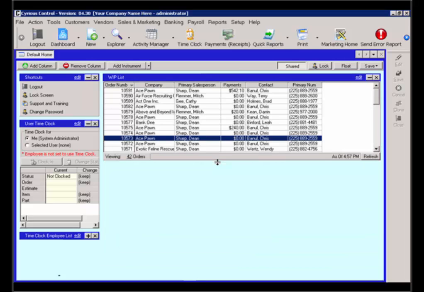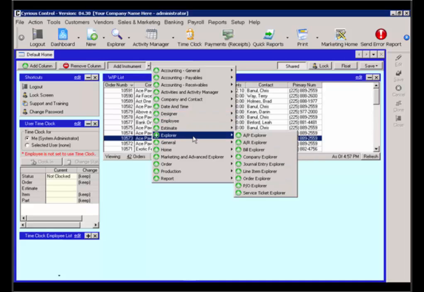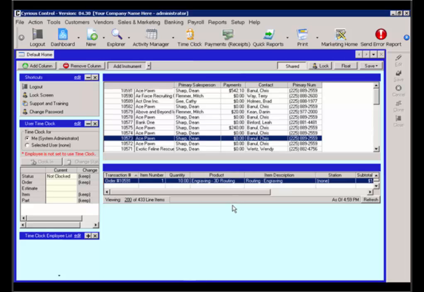Now I can add in another instrument, because right now we only see those orders. We don't see any kind of line item detail or the products associated with those orders. We can create or add in another instrument. So we want to go back to our Explorer screen. We want to click on our line item Explorer. And of course right now it's going to pull up all line items in the system, just like the Order Explorer did. Want to click on our edit button again,